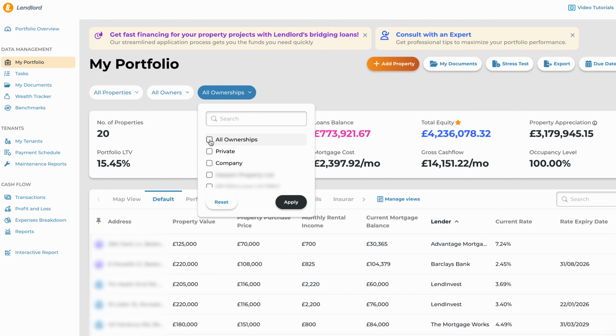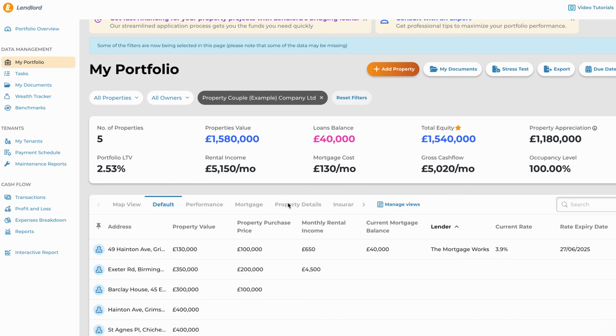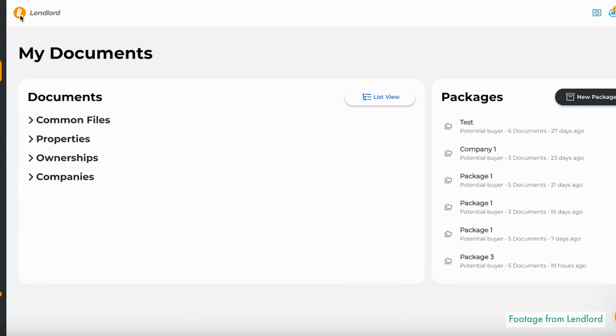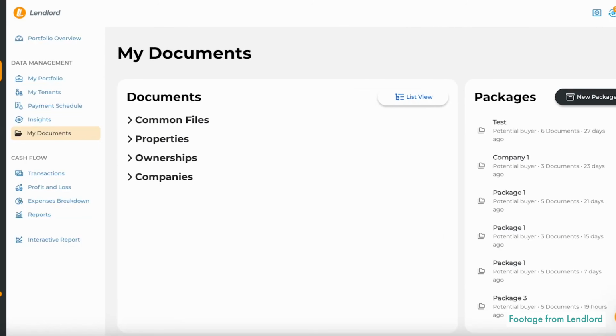There's plenty of things you can do on here, but I really do like the way you can filter out the properties in the portfolio and just show me properties that I own personally that my husband doesn't own, for example. Now, what I really like about these documents here is that you can just add